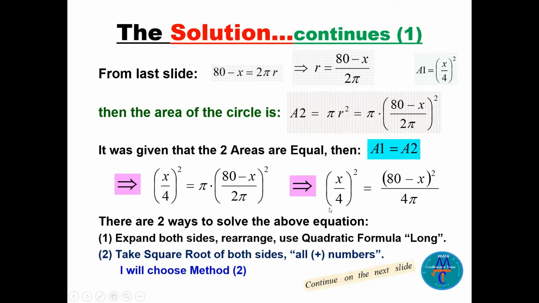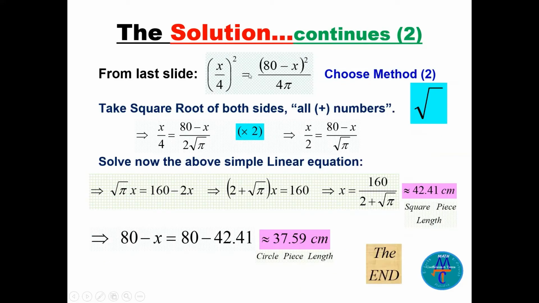Now this is an equation, a quadratic equation. There are two ways to solve it. One way, you can expand it, rearrange it, and use the quadratic formula, but this is a long method, though you can do it. The second method is to take the square root of both sides. All these numbers are positive because we are dealing with a real life problem. I will choose method number 2. This is the equation we have seen: x over 4 squared equals 80 minus x all squared divided by 4 pi. Taking the square root,